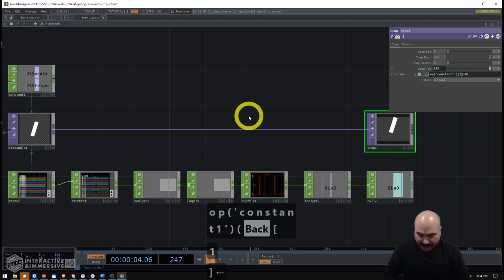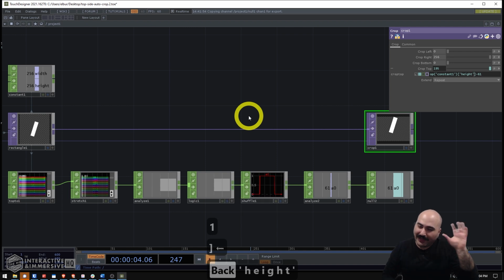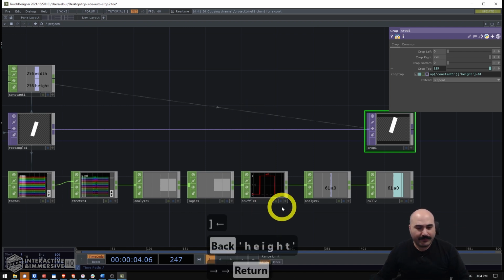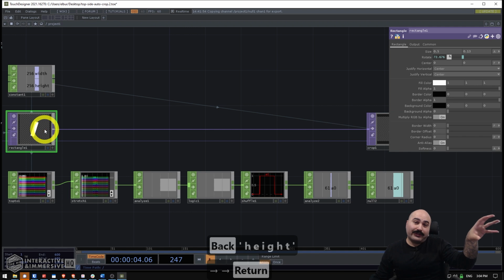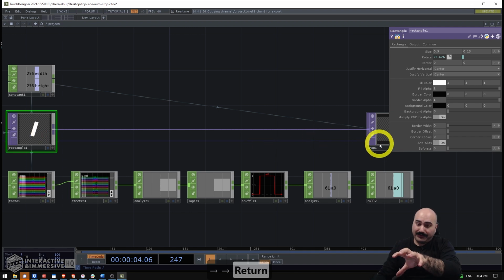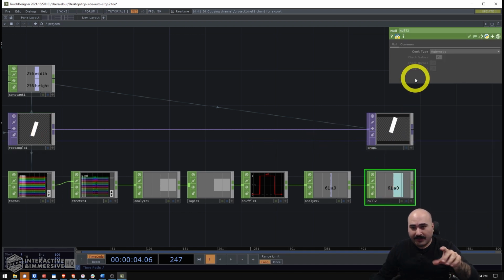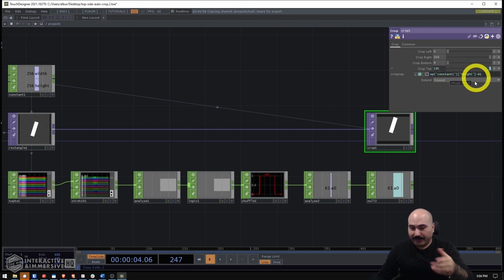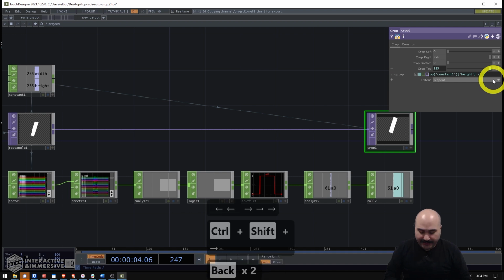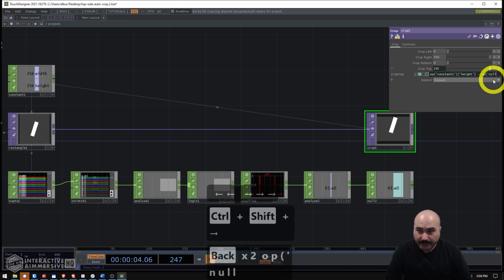Or if you like, you can replace that with the word height, so you have a very clear image of what that is. That way, if the resolution of our source ever changed, that expression would update itself. And then instead of putting 61 here, we're going to put a reference to that chop below. So we're going to say op null 2